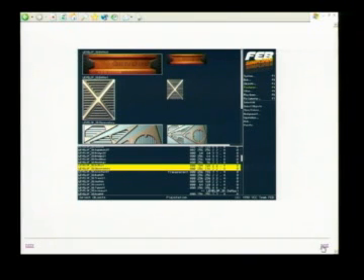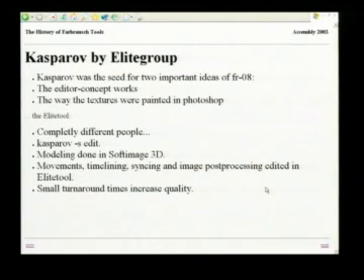Before I can go ahead to FR08, our first intro we made with the tool, I have to go to something which was a big inspiration for doing FR08. That was Kasparov by Elitegroup, which is also a tool-based demo. The modeling, and actually the tool that was done for Kasparov is something like Demopaya in a very crude and early form, because you import all the data inside there, and all the syncing, animation, and maintenance and stuff is done in the tool. Again, the small turnaround times, the immediate feedback was essential for